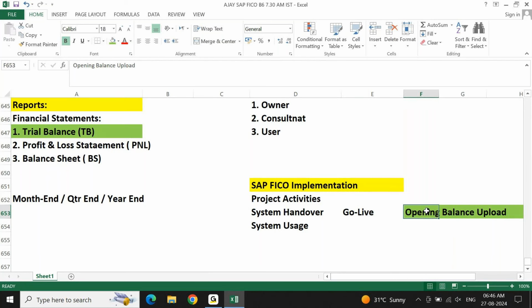Strictly don't tell anyone, because without this no project will be completed. There is no project which can be completed practically without a trial balance, without an opening balance upload, so there is no point you talk about being part of an implementation project. Strictly do not talk about it.